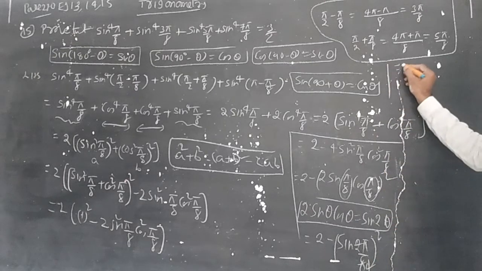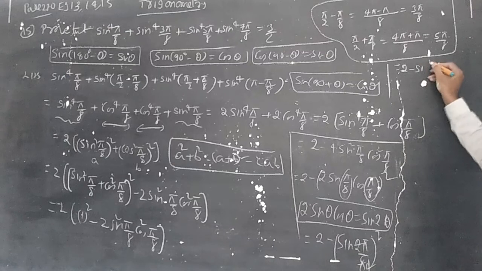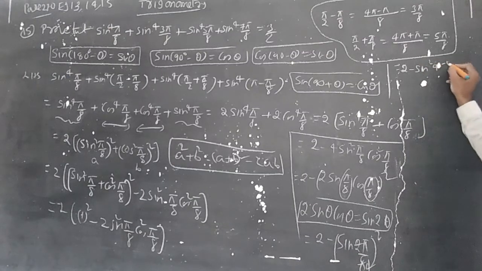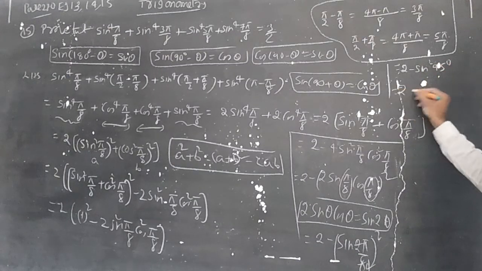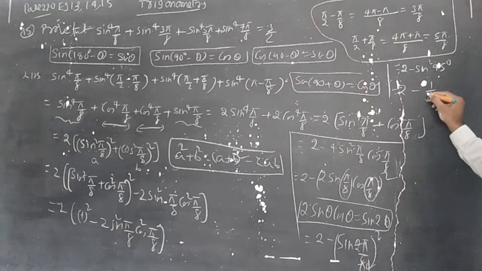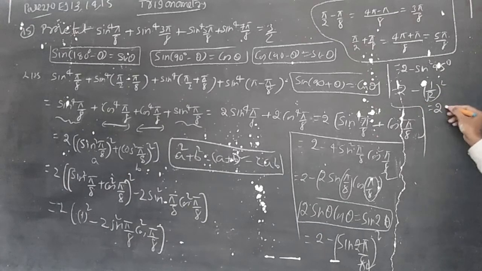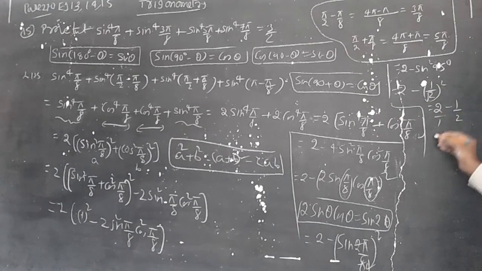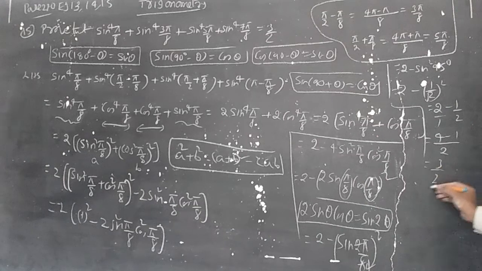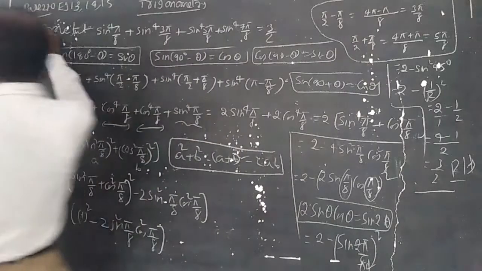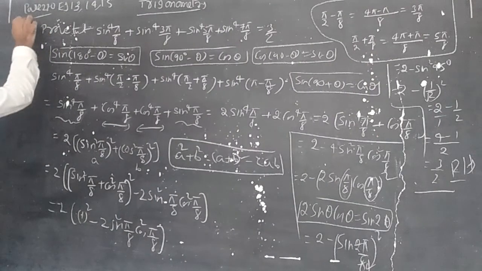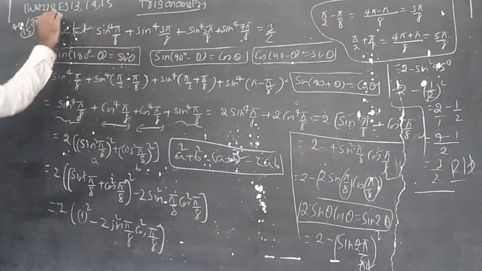So that is equal to 2 minus sin square 45 degrees. Sin 45 means 1 by root 2 is the value. 1 by root 2 whole square, that is equal to 2 minus 1 by 2. Put by 1 here, take an LCM. This is 2, 2 twos are 4, minus 1, that is equal to 3 by 2. This is RHS. Student, this is most IMP, a 4 marks or 7 marks question.